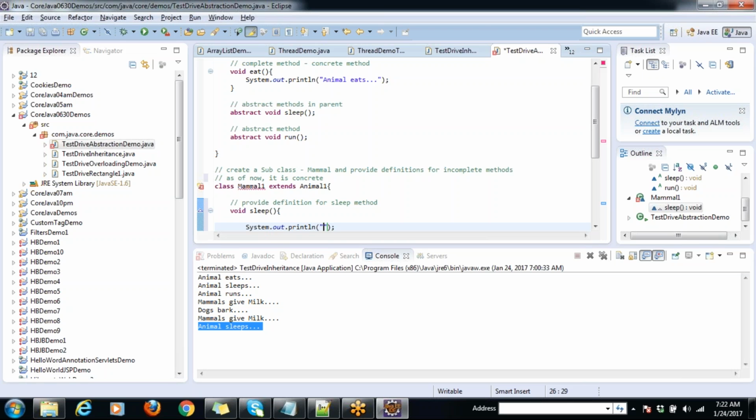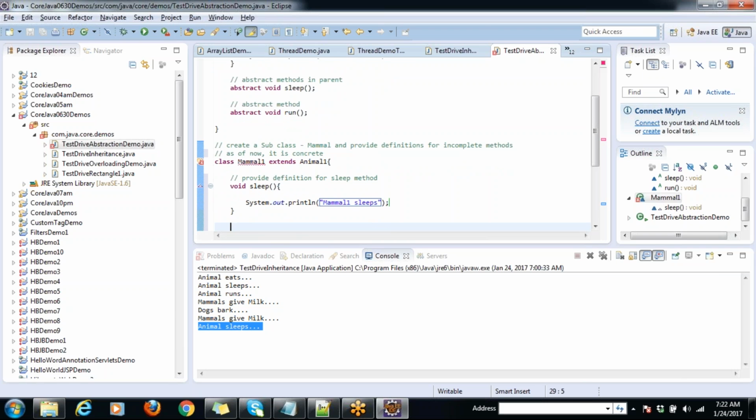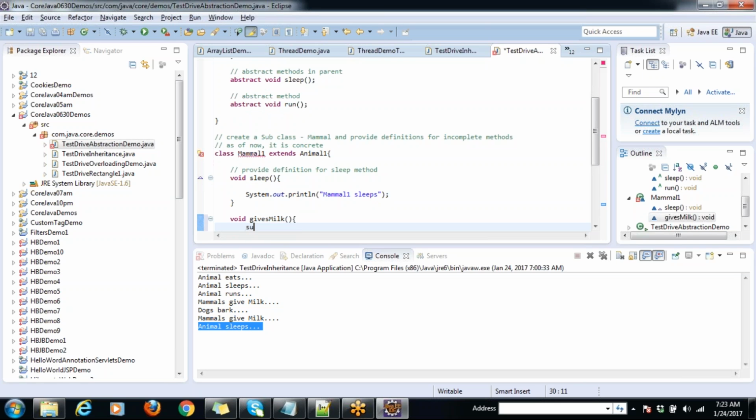So here I write mammal one sleeps. So here I am saving it. Of course, mammal one can have mammal one specific property, gives milk. And here we can write system.out.println mammal one